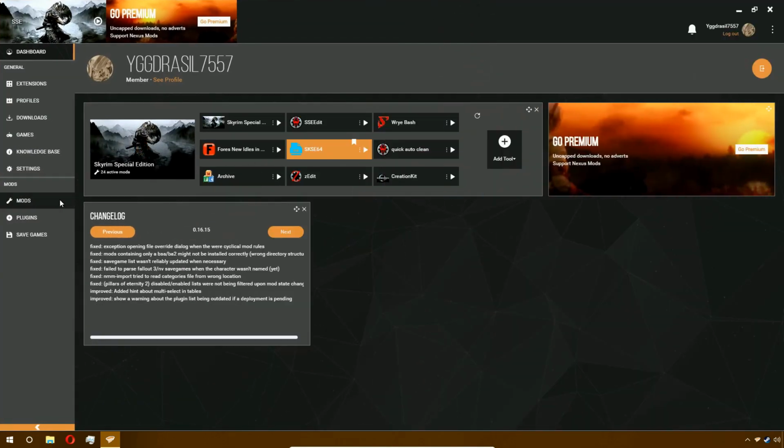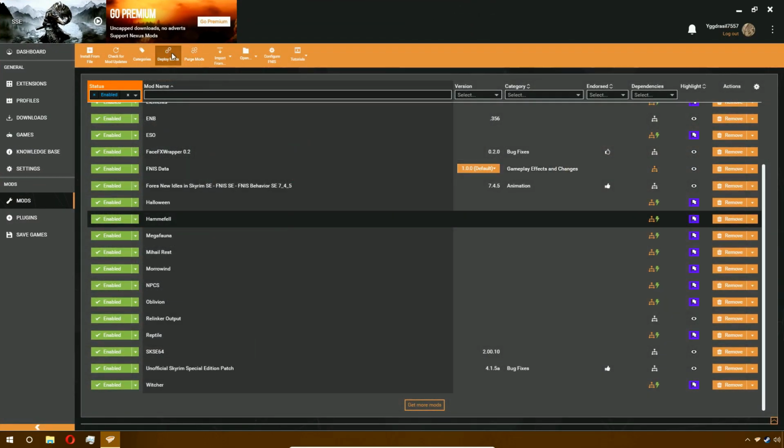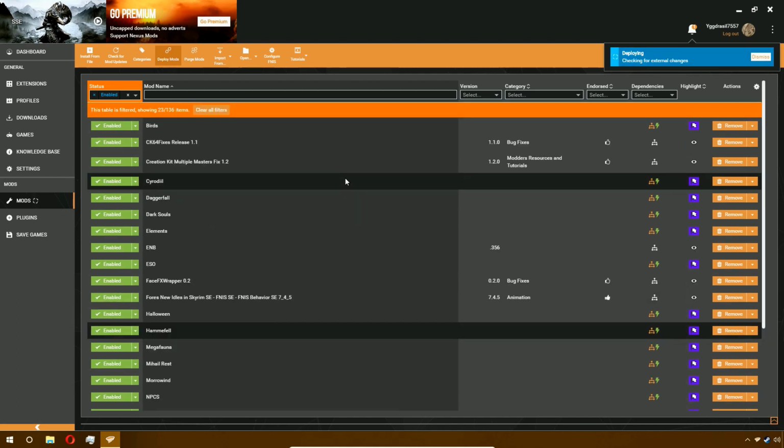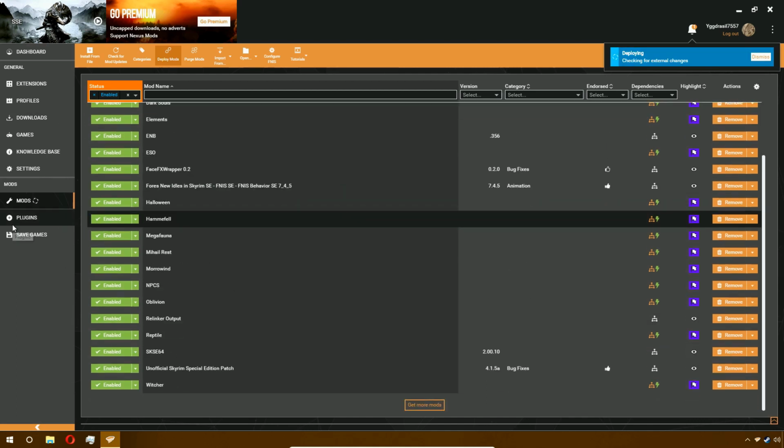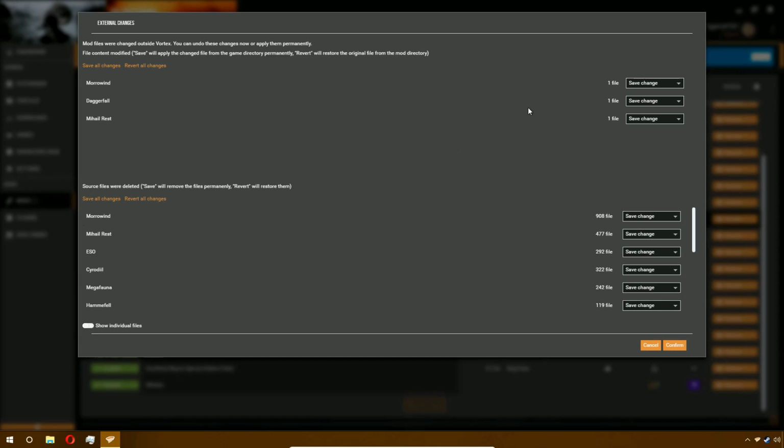Next, you will want to go to Mods and click Deploy. Once this is done, you'll notice a lot of source files were deleted. If your BSA archives are done correctly and they are not over 2 gigabytes, then you can go ahead and